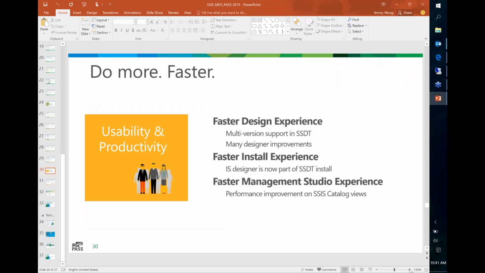Last but not least, on the usability side and the productivity side, we did a lot of things to try to make things faster as well. The faster designer experience, faster install experience, and faster management studio experience. Number one, we are going to introduce multi-version support for the SSIS designer. For those of you who are managing different SSIS versions,